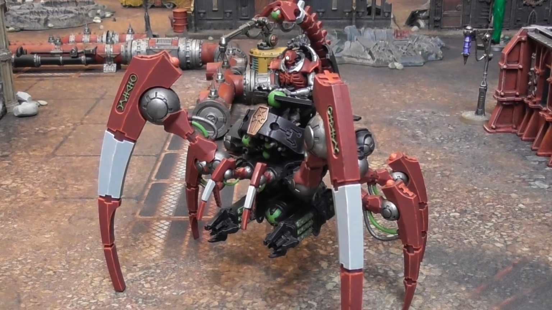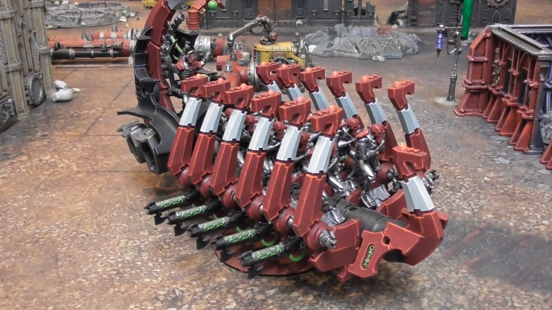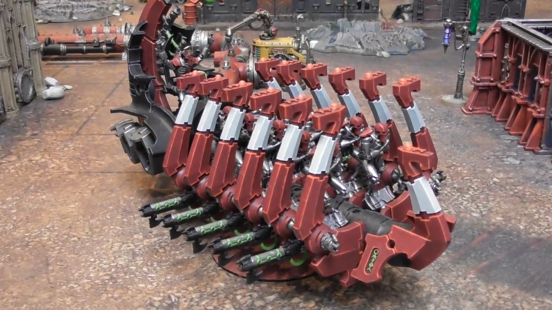So for my elite section, I have brought a Triarch Stalker with a twin heavy Ghost Cannon. Designated transport, I got a Ghost Ark, so I could put the 10 warriors inside of it,